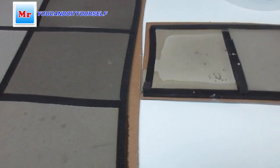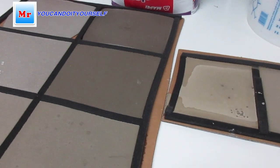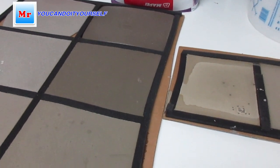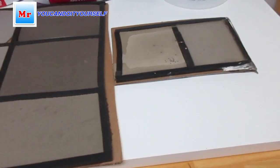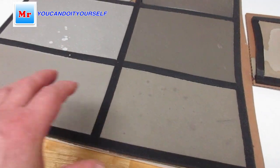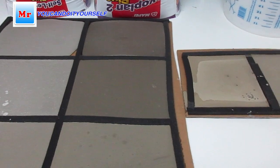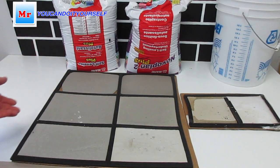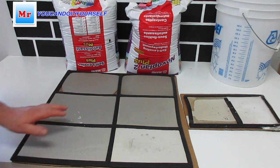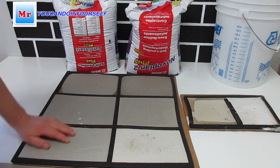I wanna leave it till tomorrow morning. It's like another 12 hours, and I can try to scratch all this concrete, and we will see how solid it is, if there is some separation, and we can finalize what we get with this. Okay, next day after 12 hours, all concrete is dry,